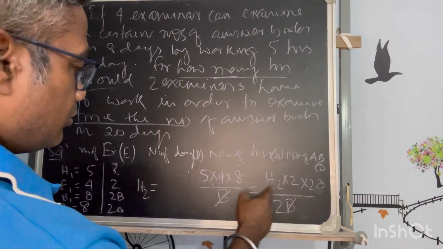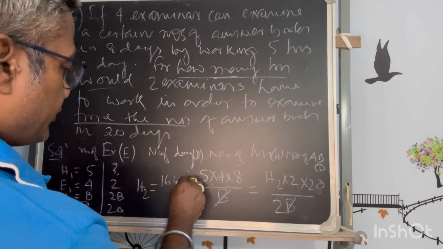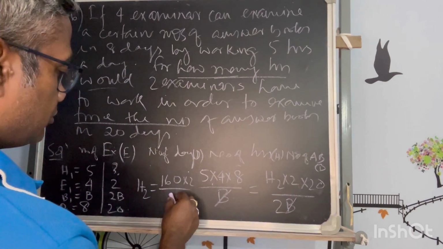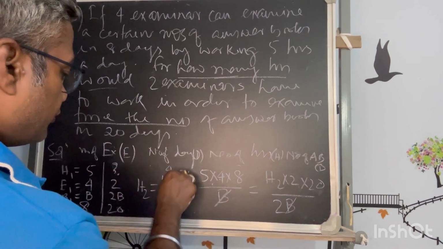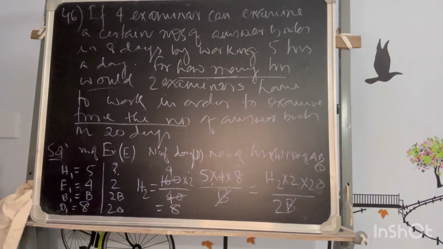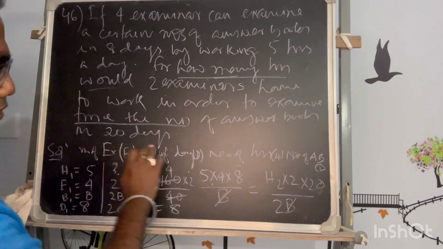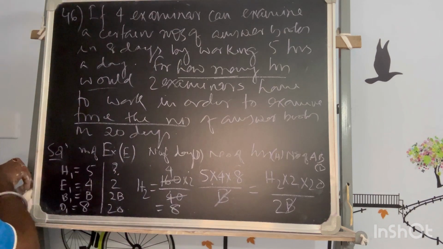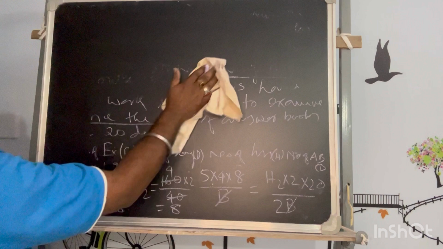So how will you get it? 5 4s are 20, 20 into 8 is equal to 160, and in the denominator another 2 will come, because this 2 will come over here, and this 2 into 20, so that means 40. So 8 hours a day, so you will get your answer. Understood? The first and foremost thing is you have to build a relation along with all the variables. So once you get it, you will definitely have the value. This is some specific kind of problem, that's why I was discussing. The next problem is